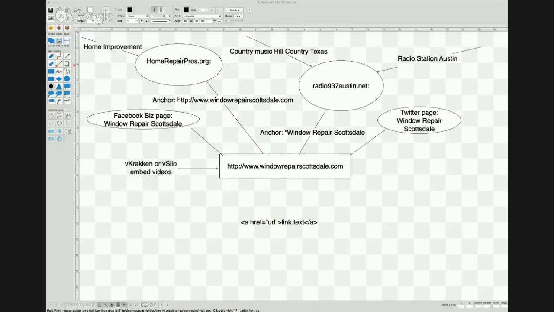The two I know of are Host9 and IP Networks. I've got a lot of sites there still, but we're kind of moving away from that. Generally, those are the two that I know we don't like. I'm trying to think of any others off the top of my head that are bad for PBNs. I can't think of them, no. I think those are the only two I can think of.